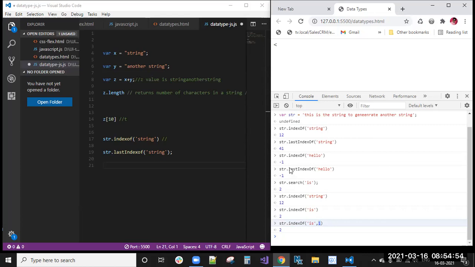But the search method will not accept that. Actually, the difference is given like this, and you can see that in the search method.